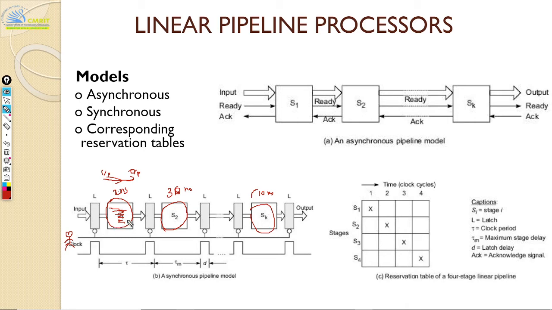The question is, one guy is taking 2 nanoseconds to pass the ball, the next guy is taking 30 nanoseconds, the other guy is taking 10 nanoseconds. But I should have a nice synchronized pattern of passing the ball. One guy is fast, one guy is slow, but the clock guy has to make sure the ball is actually passed correctly. So how often should he call out pass the ball?